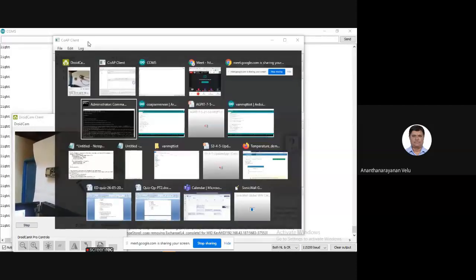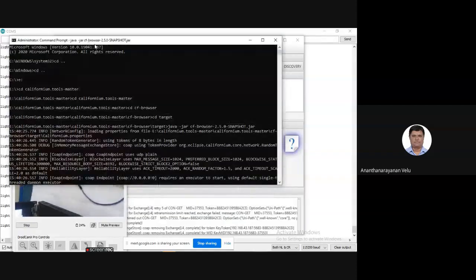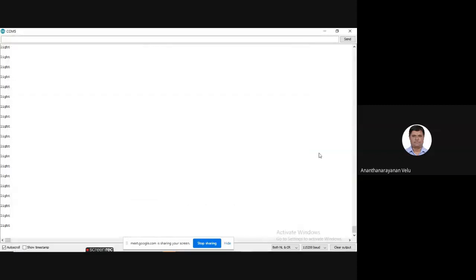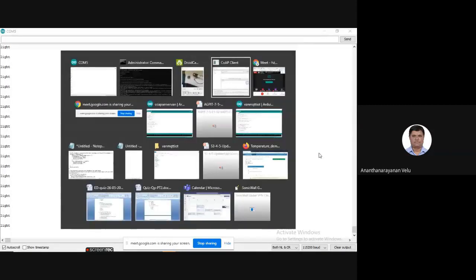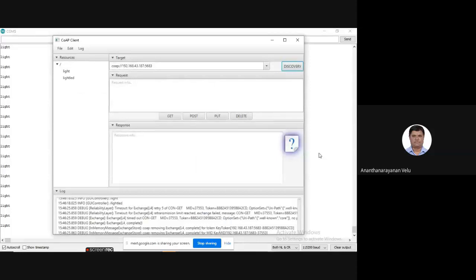For example, I will show you. This is the Californium tools running in the command prompt. Under the Californium tools, you have a CoAP client, and the CoAP client is available here.